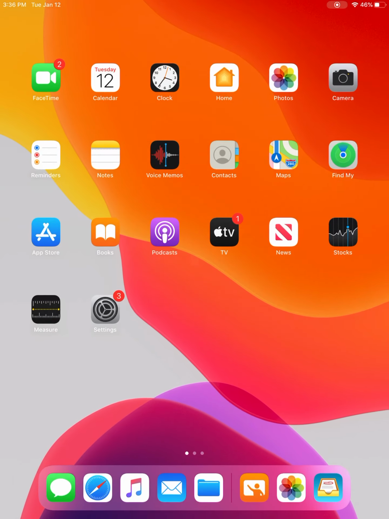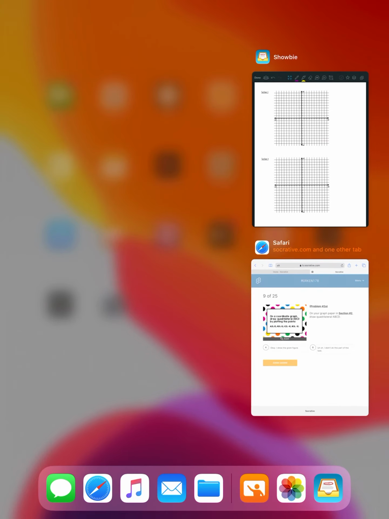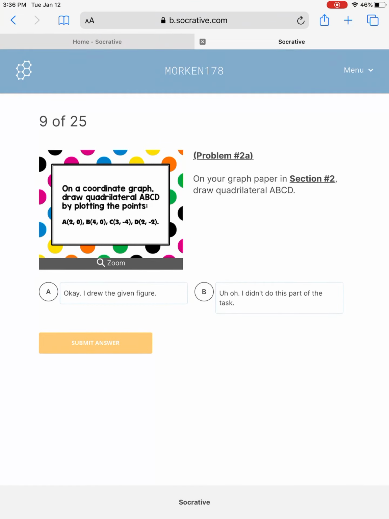Now I want you guys to take off and try the next 2 examples on your own, and you can follow along with that Socrative, those slides. It tells you now we're going to graph a quadrilateral, and as you go through, you can submit your answers and see if you have these